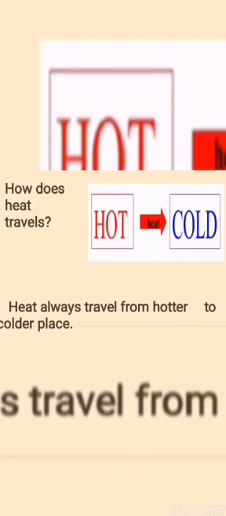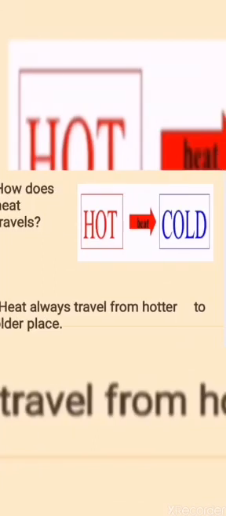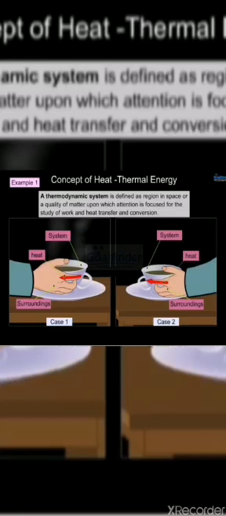Now the question is: how does heat travel? What is the direction of motion of heat? The thing you need to keep in mind is that heat always travels from hotter to colder. You can see the hotter temperature running toward the colder temperature. The same happens when we hold a warm cup of tea. The heat from that cup starts transferring to our hands, and the steam from the hot cup, as you can see in the picture, evaporates into the surroundings, and the temperature of the hot soup or hot tea reduces.